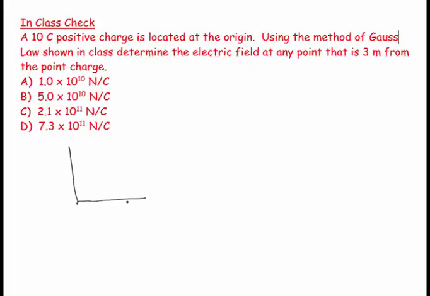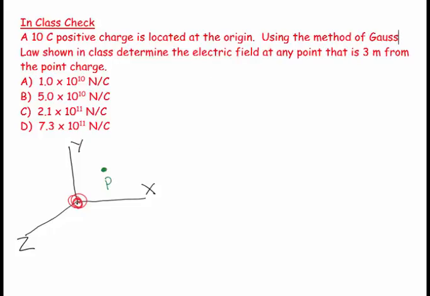Let's remind ourselves in physics we have x-axis, y-axis and z-axis, and my 10 Coulomb positive charge is at the origin, so let's do that there. And then I'm imagining a point which is 3 meters away. It does not really matter. I'm going to put the point there. There's my point P,